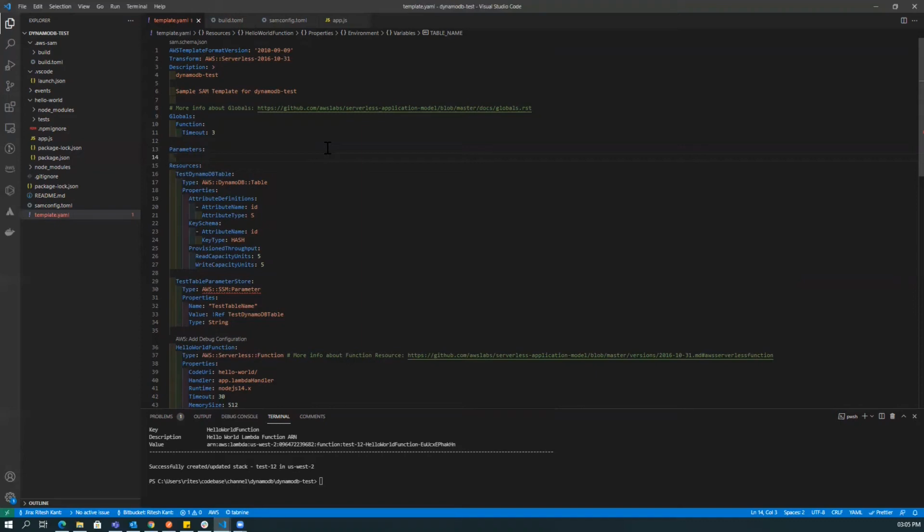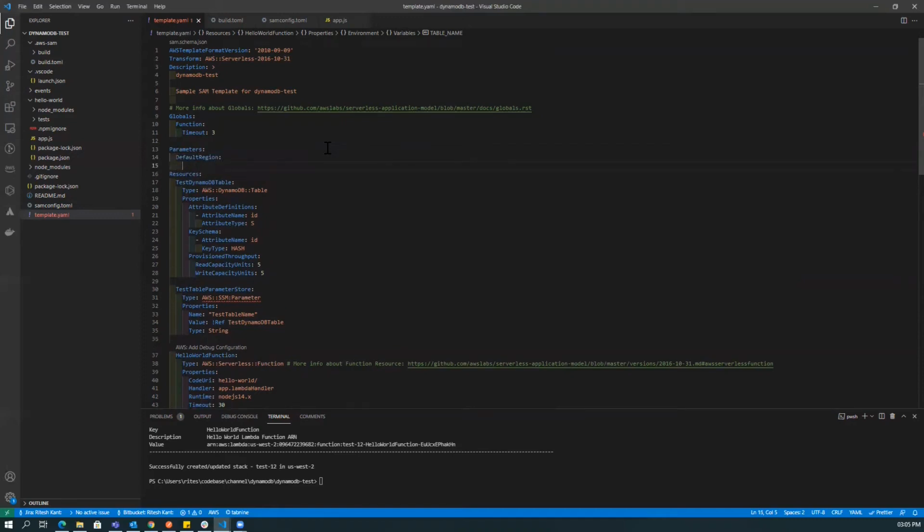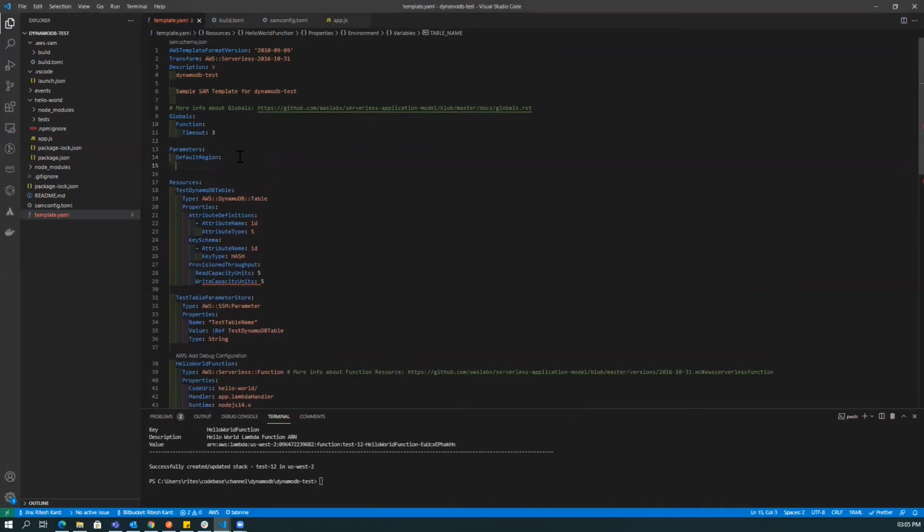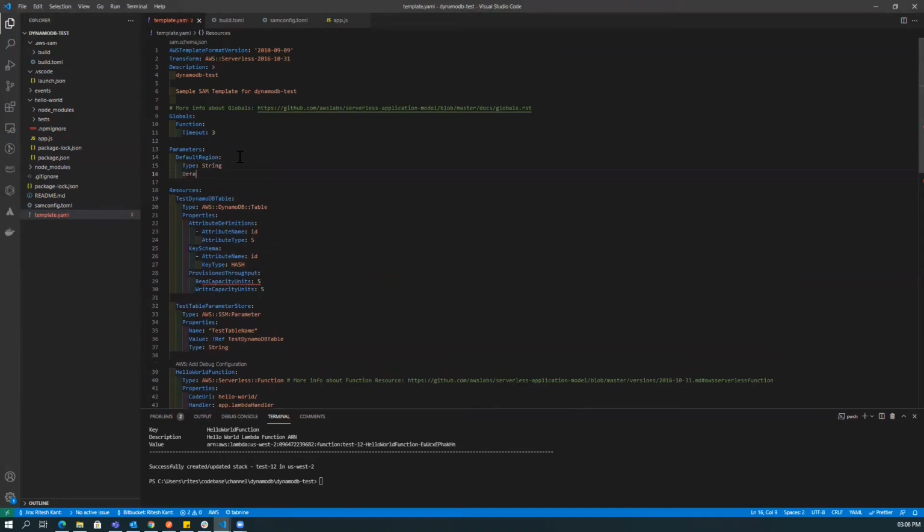It's a user defined parameter, whatever you can give. So I'll give default region, with type as a string, and by default I'll give it a value of us-west-2. So this is a variable which we have defined.